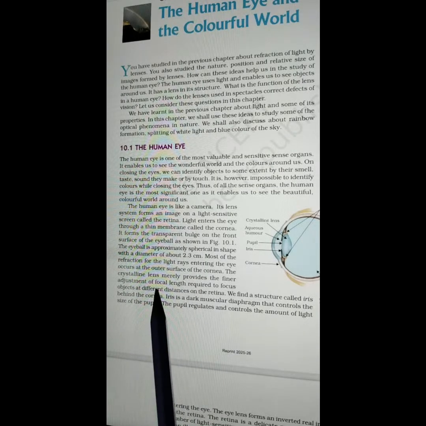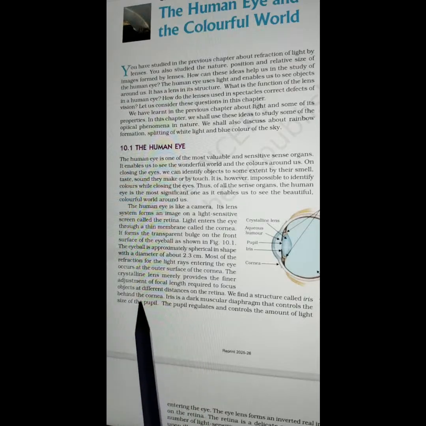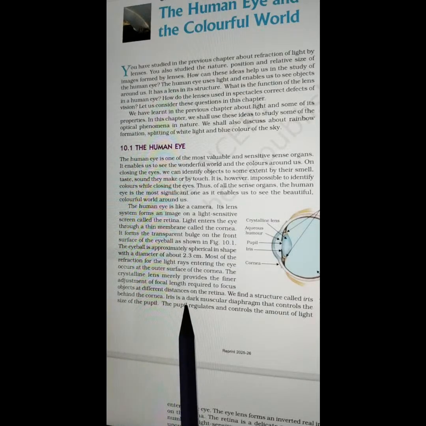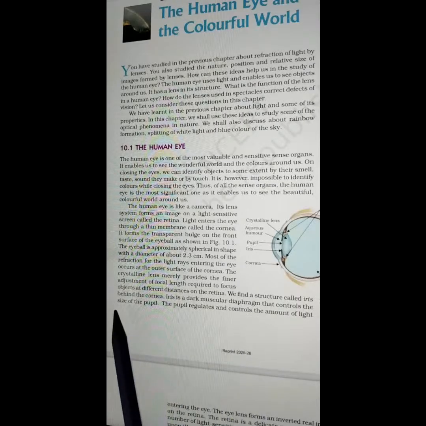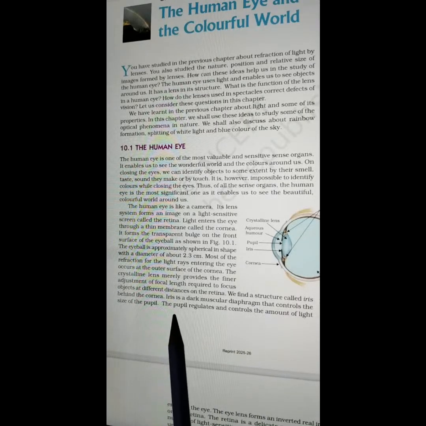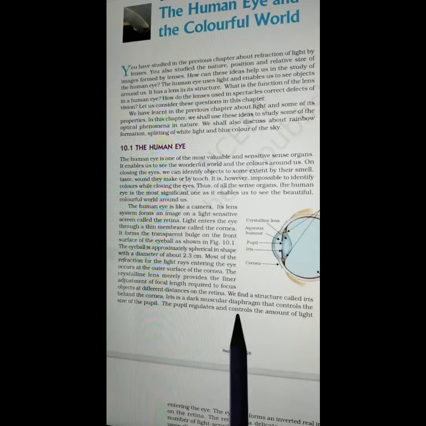The crystalline lens merely provides the final adjustment of focal length required to focus objects at different distances on the retina. We find a structure called iris behind the cornea. Iris is a dark muscular diaphragm that controls the size of the pupil. The pupil regulates and controls the amount of light